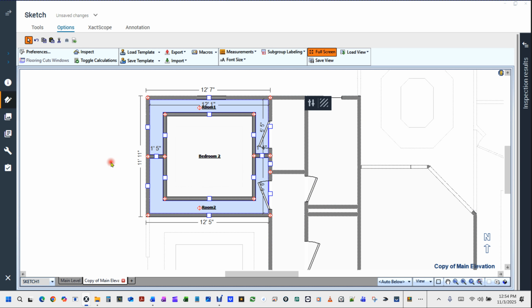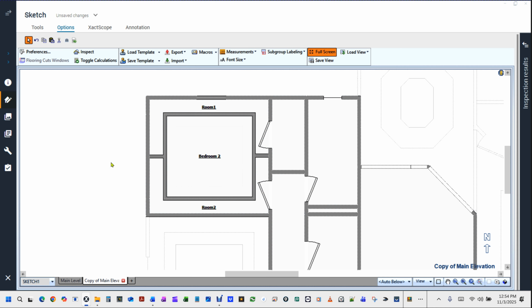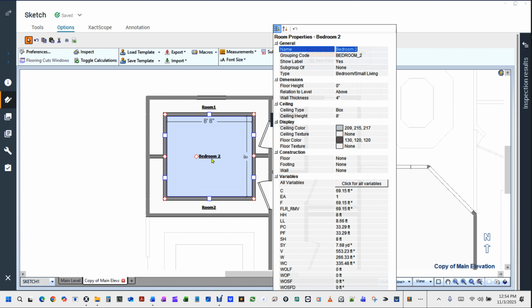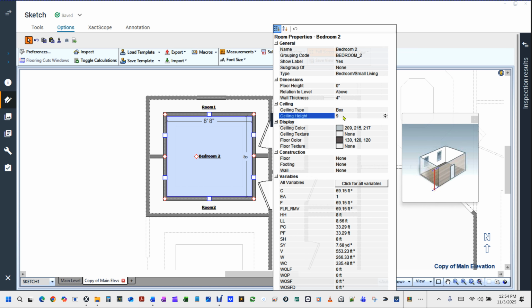Okay, so that takes care of the outside height of the room. We're going to click on bedroom 2. We're going to hit Control Enter. Okay, now the height of the ceiling on this one here, we're going to go ahead and tell it to be 9. What that's doing is raising my first layer. I'm going to hit